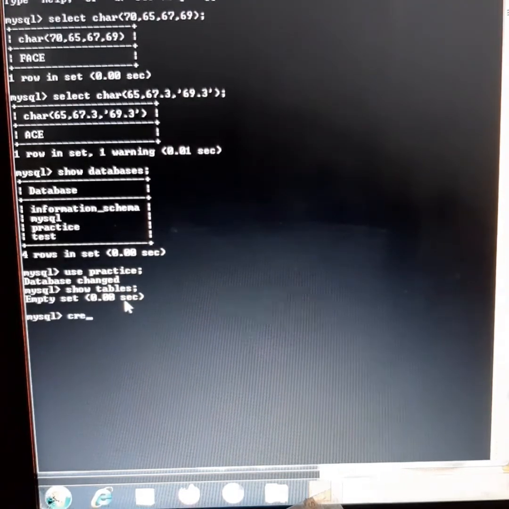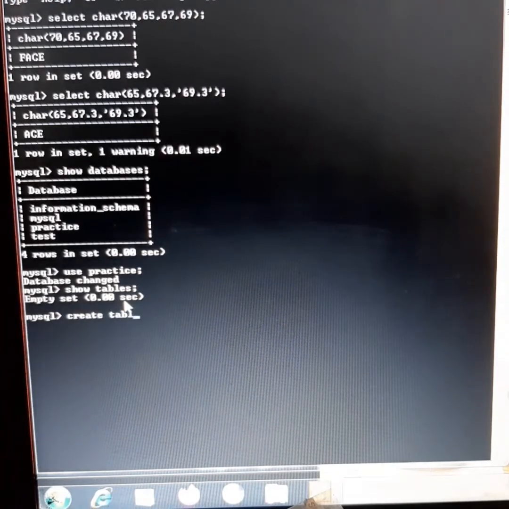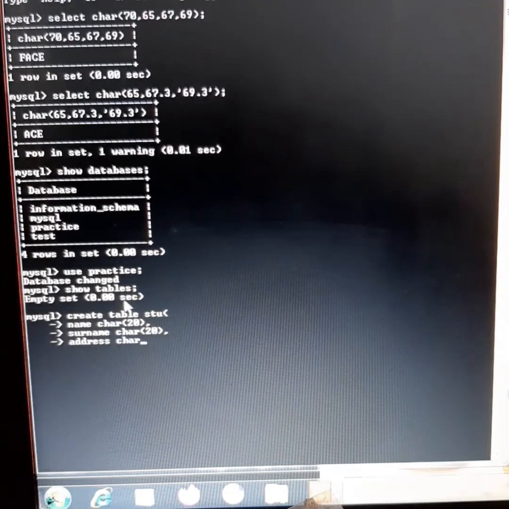So let's create a simple table. Create table stu: name char 20, then surname char 20, then comes address char 20.